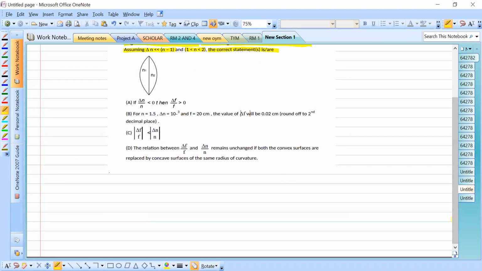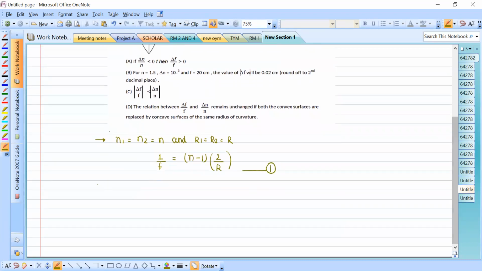So student, here we have been given a question. First of all, for n1 equals n and r1 equals r2, because the left side and right side radius are the same, by lens maker's formula we can say that 1 upon f will be n minus 1 times 2 by r. Let us call it our first equation.